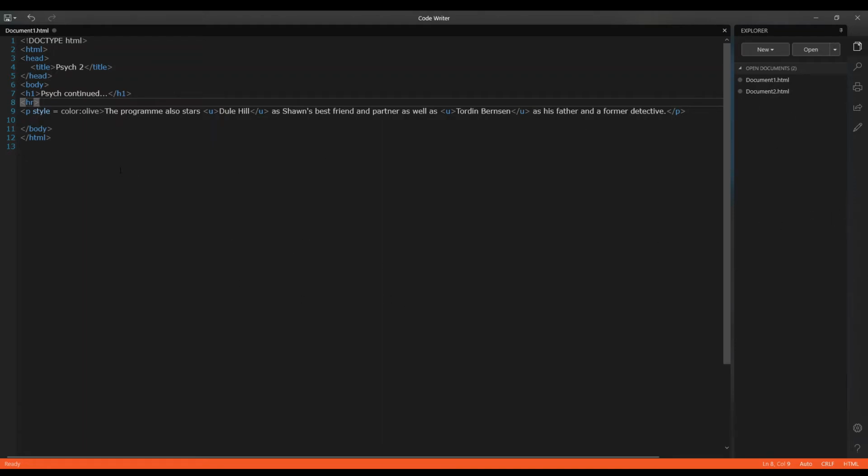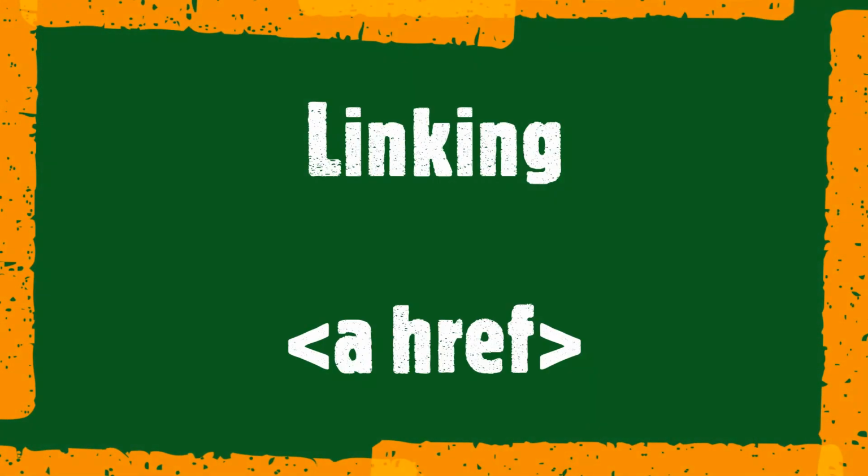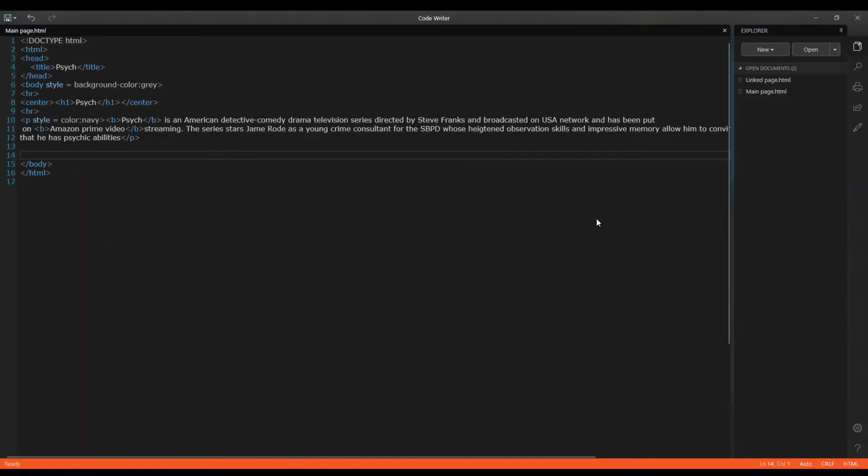So now that I have added this, let's move on to linking, but before that let me save the document. I have saved both the documents, and now let's get on with the linking.